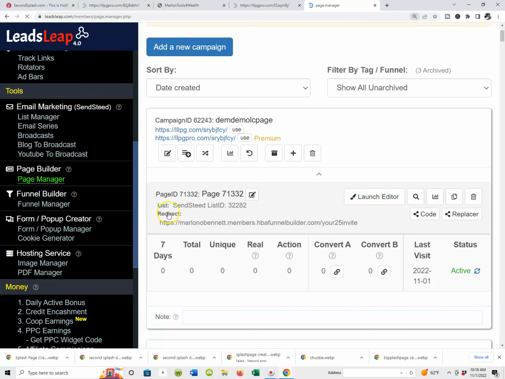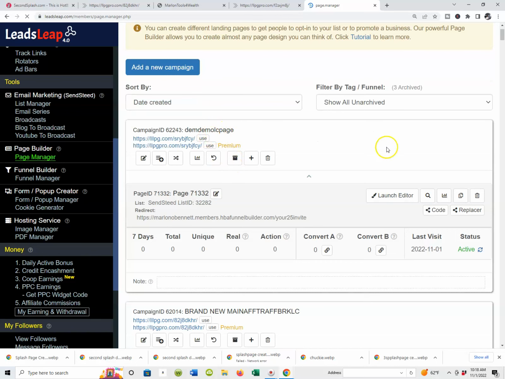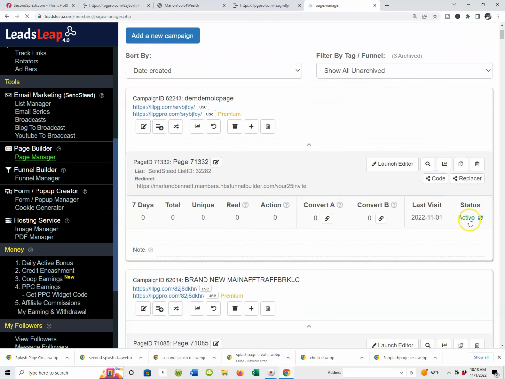Okay, so now once that's done, guys, it is now ready. If you look off over here to the right, you'll see at the bottom where the status is, it says active. Make sure that this page says active, guys. And once you've done this, it should say active. If for some reason it doesn't, guys, click the little button right here, right? And it'll make it active for you, okay? Now that we've done that, guys, let's go and check that page, the demo lead capture page, to see if it is actually, if my computer ever wakes up,